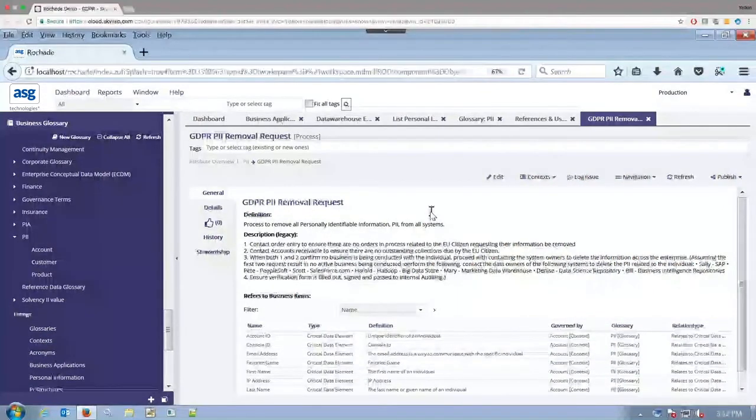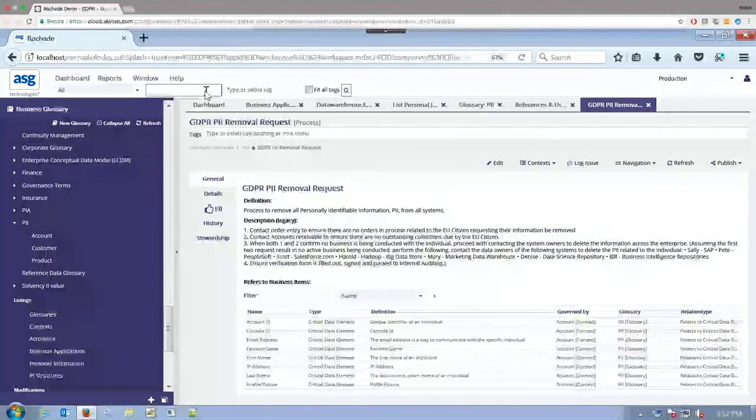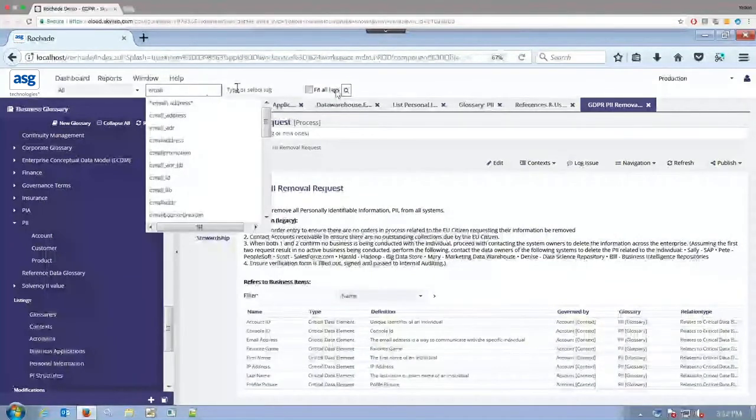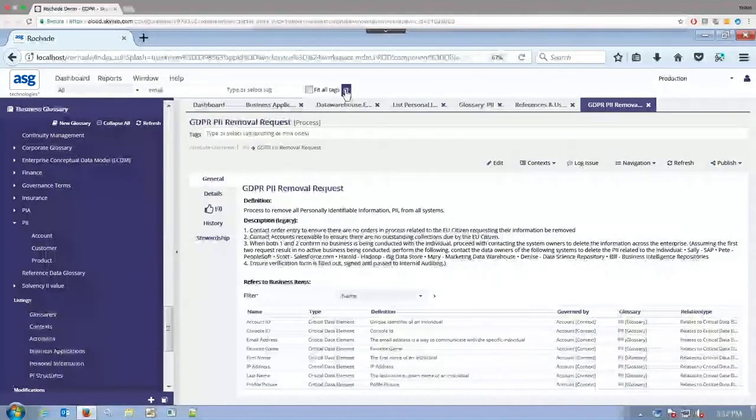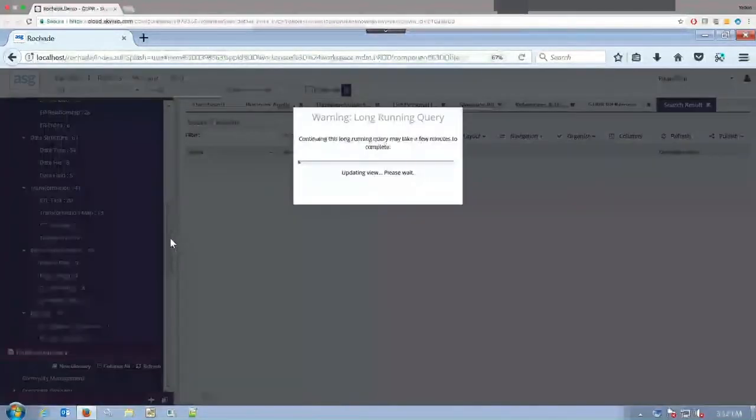Once you create your glossary, the next thing you'd like to do is to go after the physical data elements. You'd like to set up an application onboarding process where you can automatically scan and create an inventory of all your data elements in the repository. For instance, at a given time, when you'd like to know where all the places email address exist, you can do a simple search and see